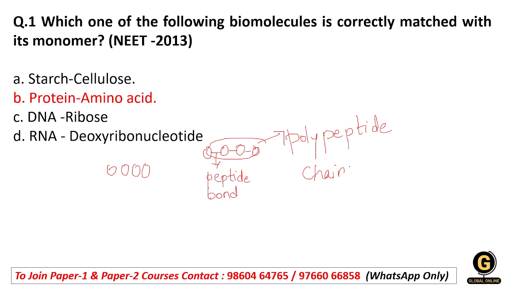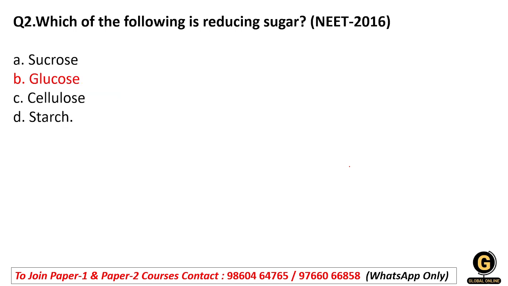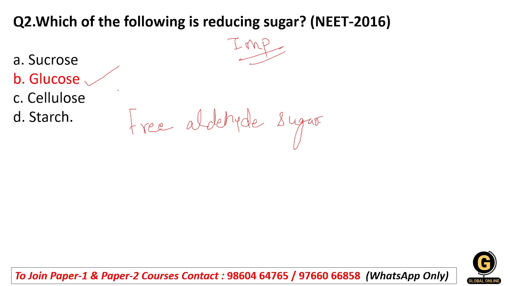Yes, moving forward to the next question: which of the following is a reducing sugar? So it is a very simple and important question. Yes, it's an important question. Everyone knows what is a reducing sugar. The answer is B, glucose. Yes, because it has a free aldehyde group that makes it a reducing sugar. What it has? A free aldehyde group that makes it a reducing sugar. Yes, students? So this question was asked in NEET